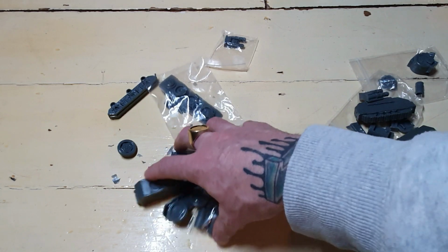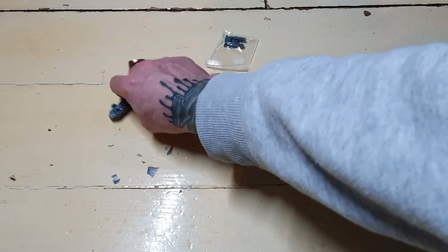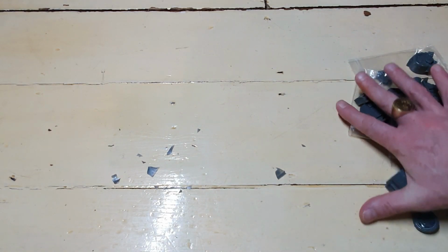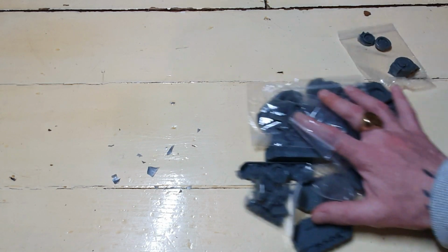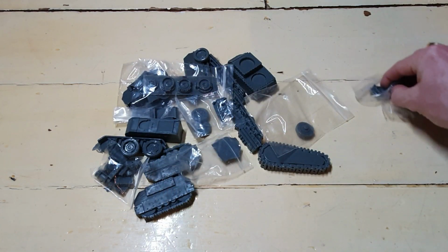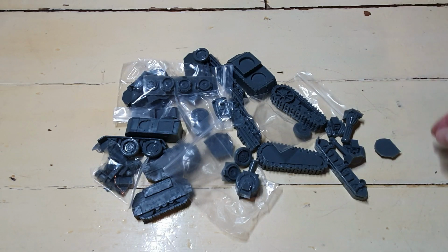So, three, I think you'll agree, very cool alternatives for Grot tanks. And a damn sight cheaper than Forge World too. A lot cheaper. And what's more, let me move all these bits back on screen actually. What's more, what I love about Ramshackle Games, that more companies need to do, and even GW themselves used to do,